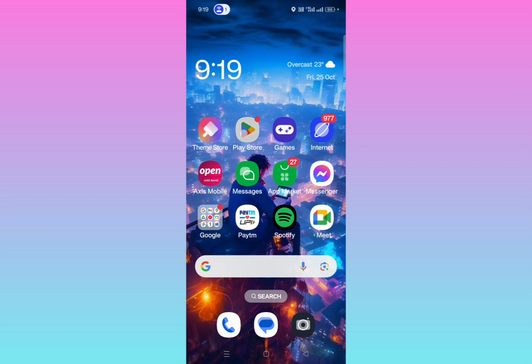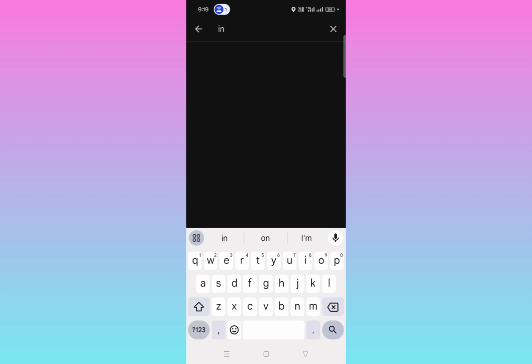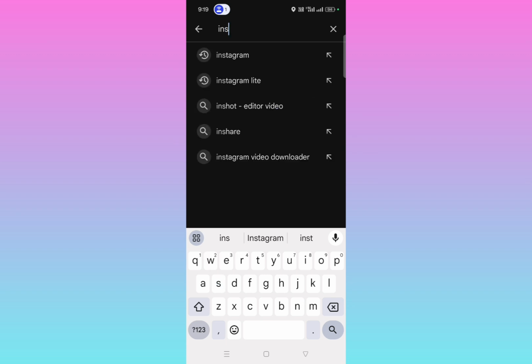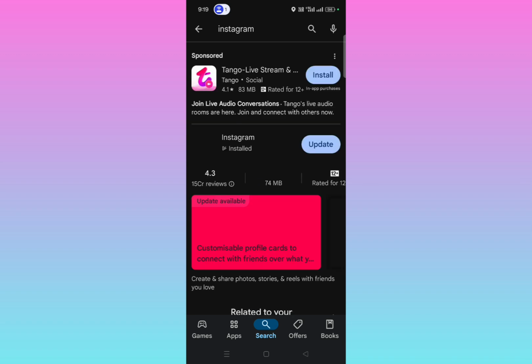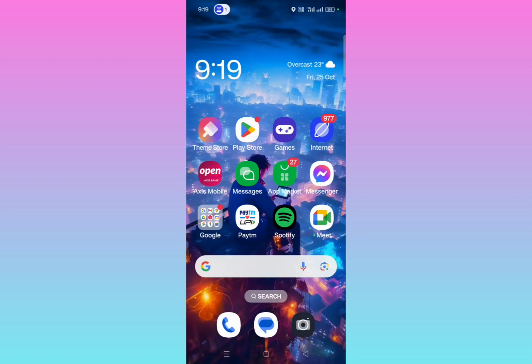So guys, first of all, just go to Play Store. If you're facing problem for this, just go to Play Store and then search for Instagram. After searching for Instagram, here you can see make sure to update your Instagram. You just need to click on update, and then after updating your Instagram, what you need to do is